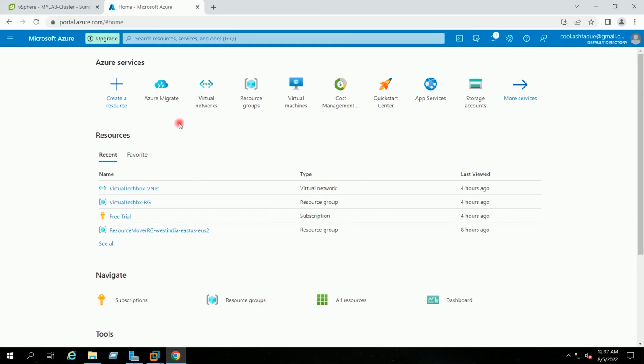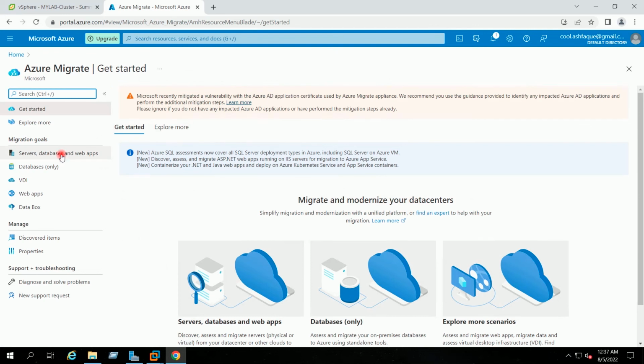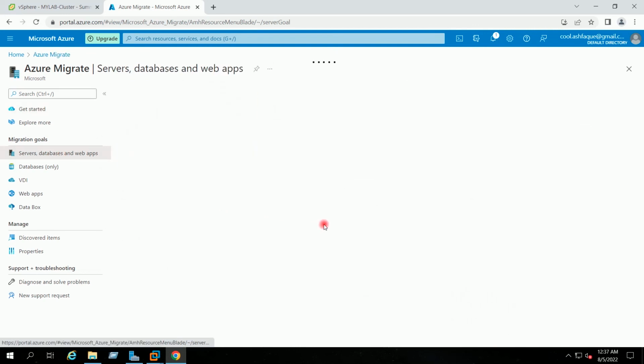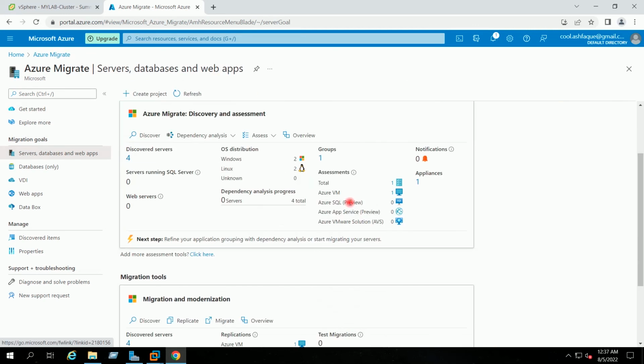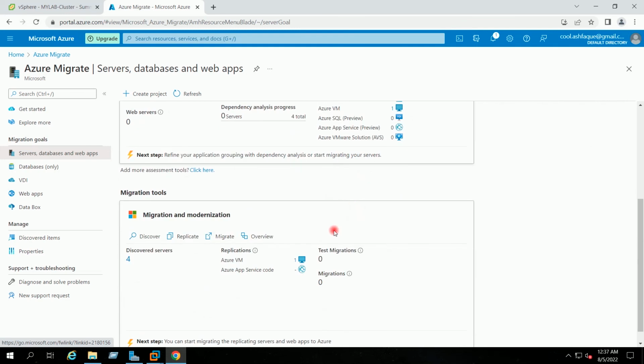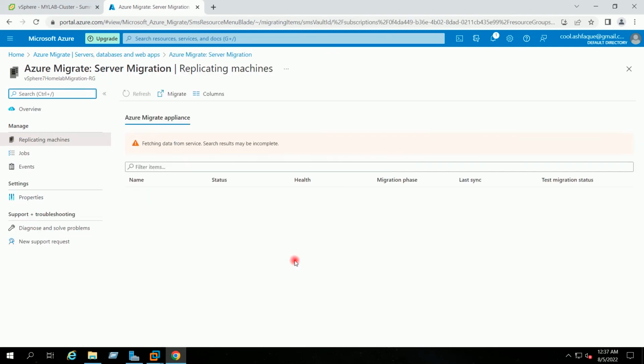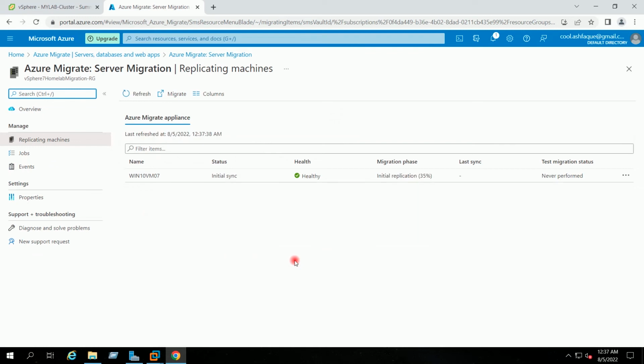On the Azure portal, I will go to Azure Migrate servers, and under the migration tools you can see below the replication Azure VM count is showing as 1. I will click on 1. So you can see here VM health is showing healthy and migration phase is showing initial replication 35% completed.